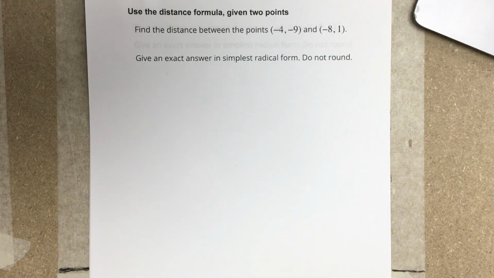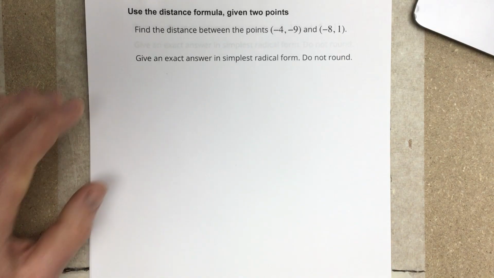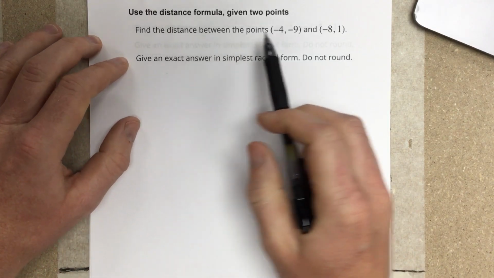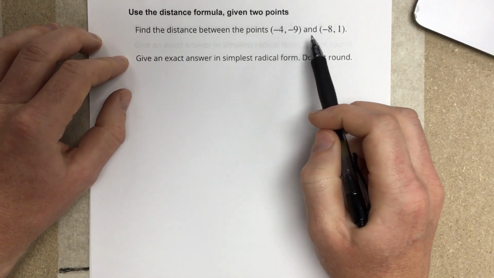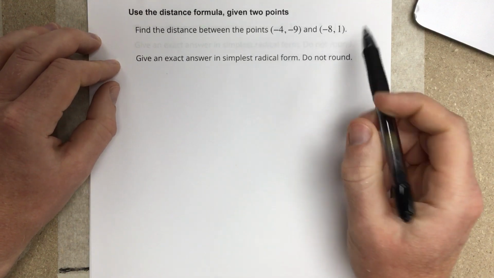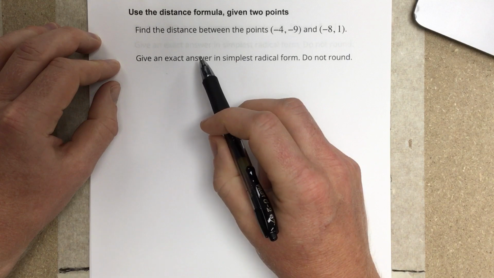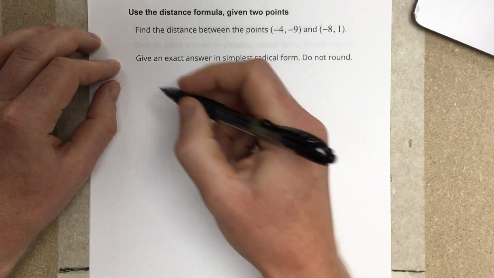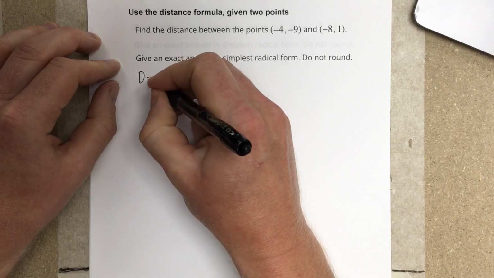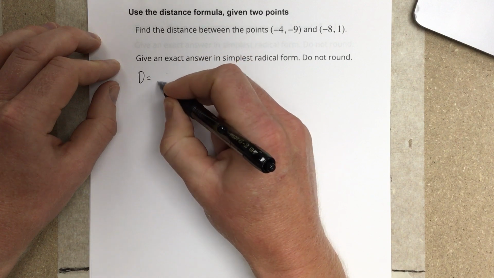In this video, we're going to use the distance formula given 2 points. They say find the distance between the points (-4, -9) and (-8, 1). And to find the distance, we're going to use the distance formula. So we can write out what the distance formula is. We have the distance is equal to the square root